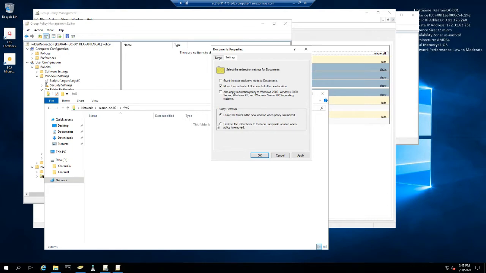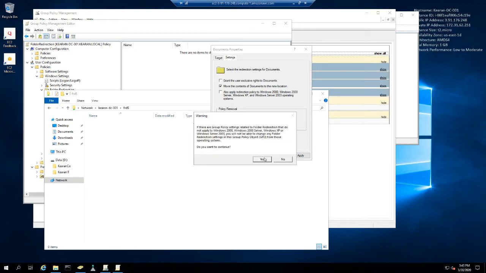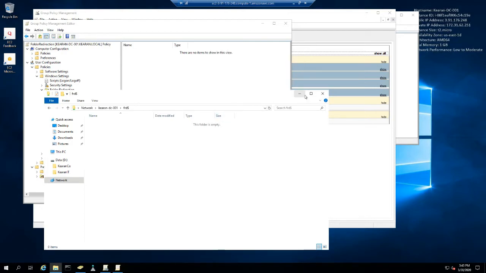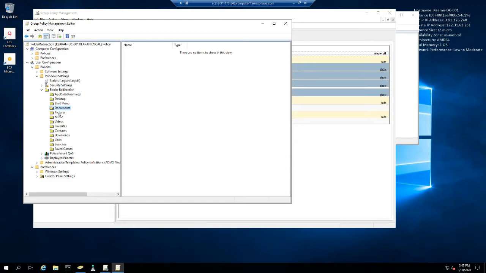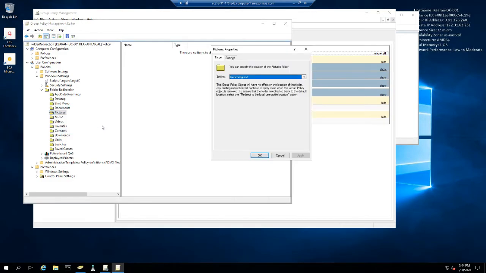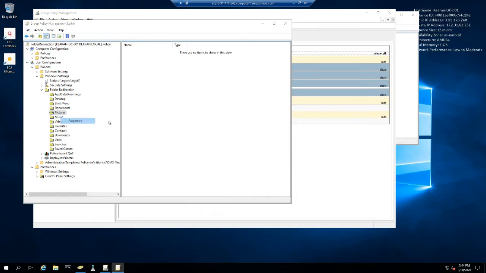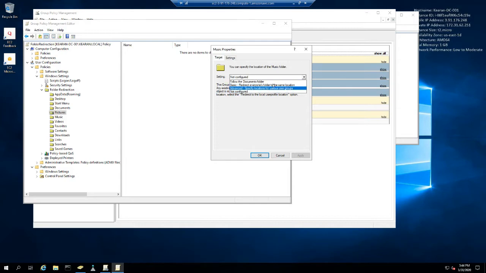If the policy is removed, do we want to leave all the documents there, or do we want to send them back to their local workstation? Let's leave the documents there. Let's see. Pictures. We want to follow the documents folder. Music. We can get it to follow the documents folder,